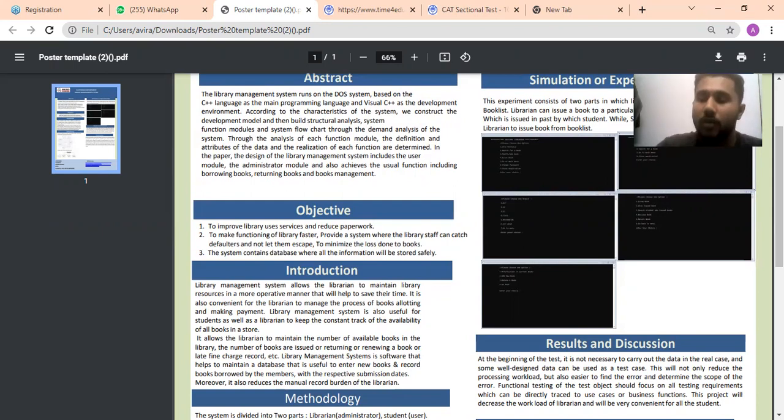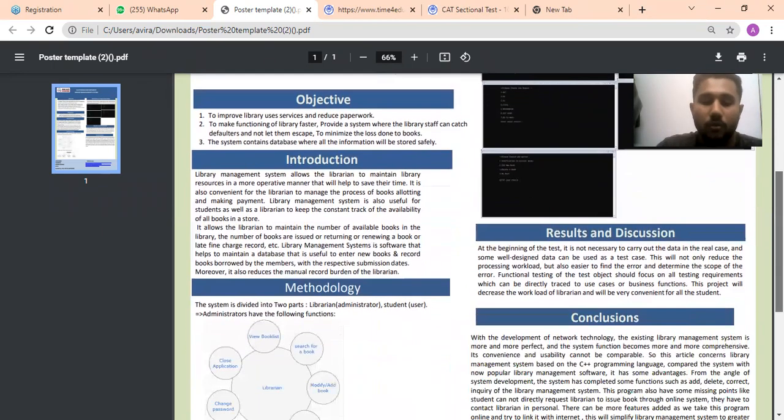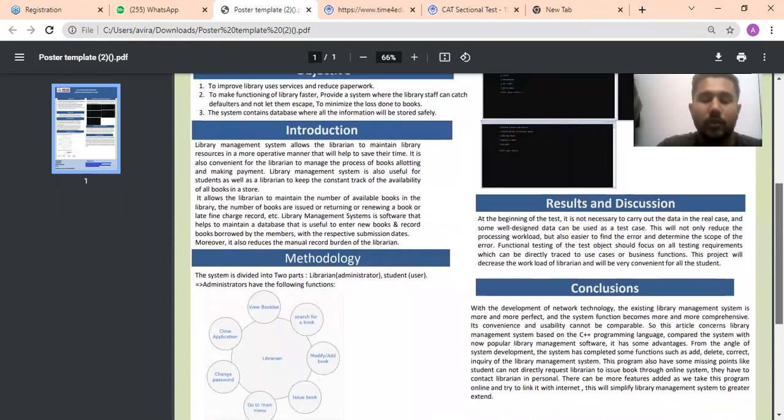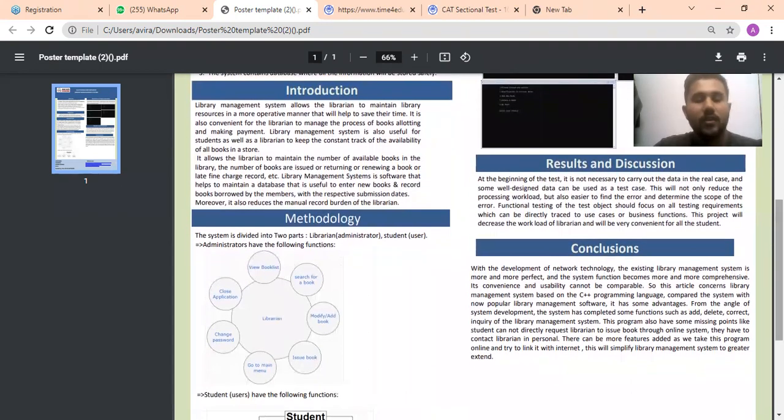Now we'll get to the methodology. In my project, the system is divided into two parts. The first one is the librarian, that is the administrator, and the second one is the student, that is the user. In the administrator part, as we can see in this flow chart,